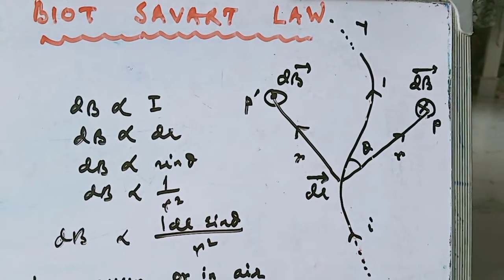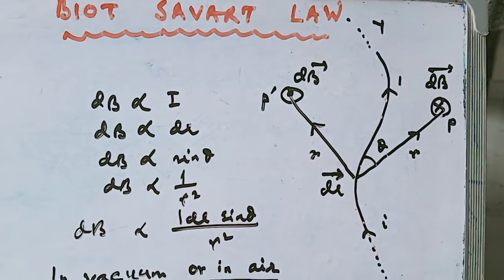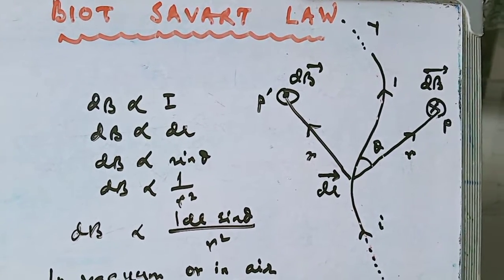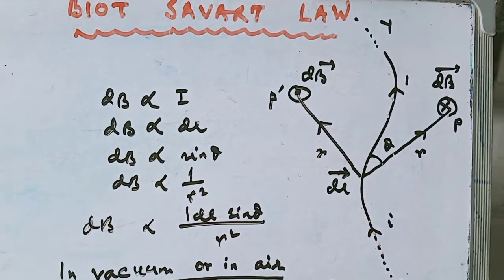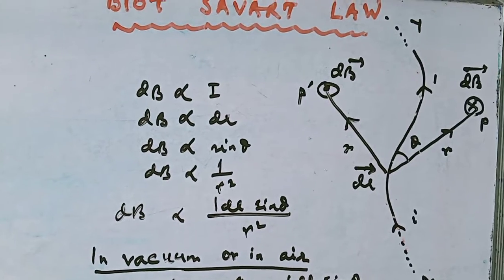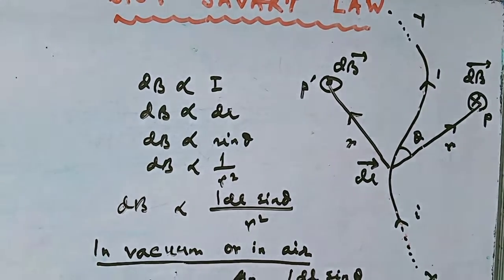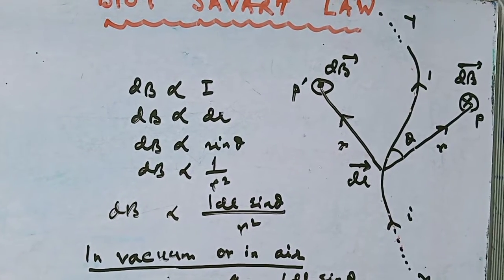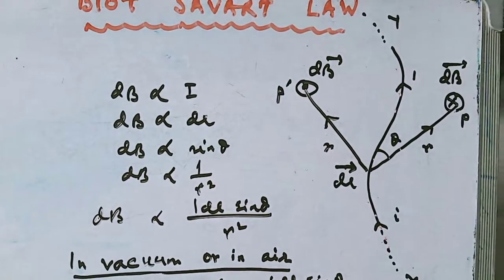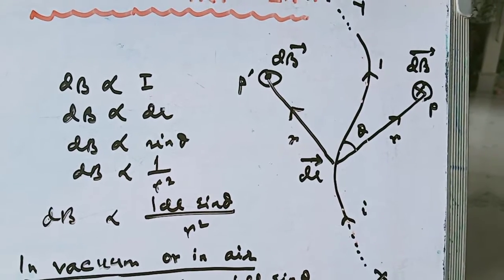and then define for each element a length vector, that is the length of dl, and whose direction is the direction of the current. Then we will find a differential current length element which is I dl. Here we wish to calculate the field dB produced at P by a typical current length element.